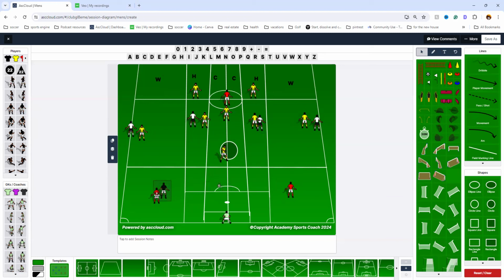We can always pass back if we're in trouble. Okay. So that's how we get that ball from here to there. Now, the goal for any one of our attacks is to get that ball into the half space. Our wingers are really fast. So that ball, as that ball is